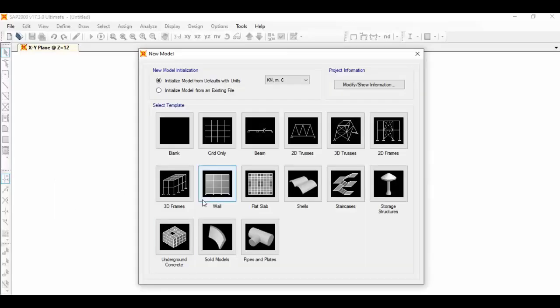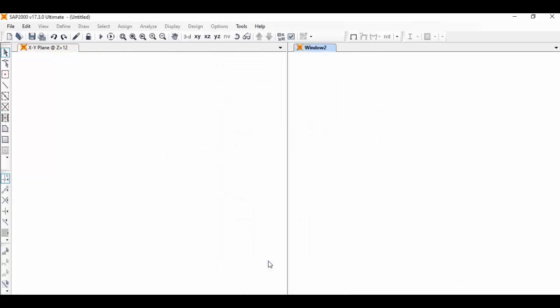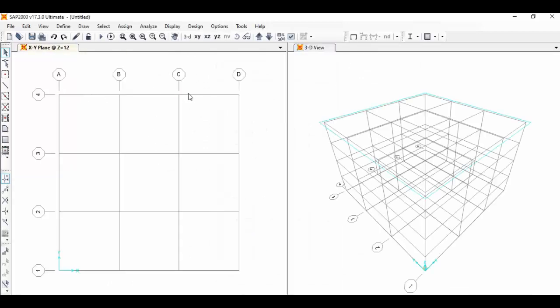When we open SAP2000, this window appears. As we have different types of templates here, we can choose any of these, in case of beam, 2D truss, 3D truss, 2D frames, 3D frames, wall. Now we select grid only, just OK. Here, this is by default. Just double click here,